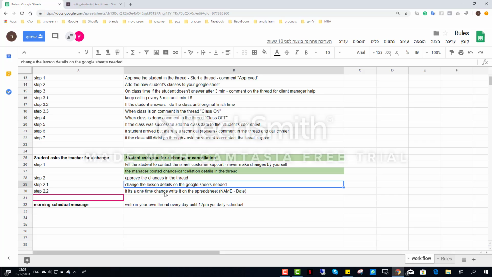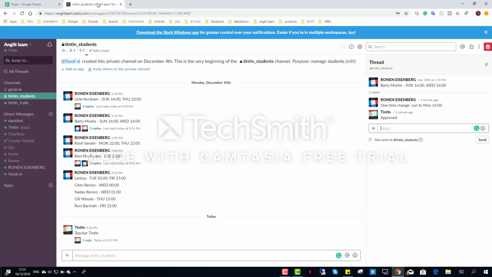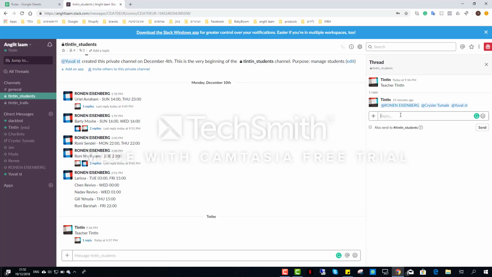And this is it. The last thing that you need to know, that you need to do on the Slack, is to write on your own thread every day your schedule for the coming day until 12 p.m. every day, which means, for example, for Tintin, so every day until 12 p.m. this day, you should enter and write your schedule for this day. So it will be daily schedule,